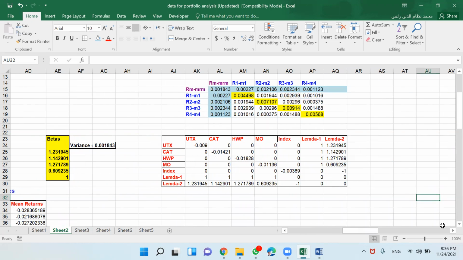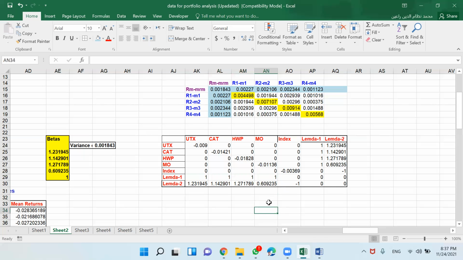Now what we need to do, we have to put the equity for lambda 1: 1, 1, 1. Here also in this row, 1, 1, 1, right? We have 4 securities. And I think for market, we do not put 1.